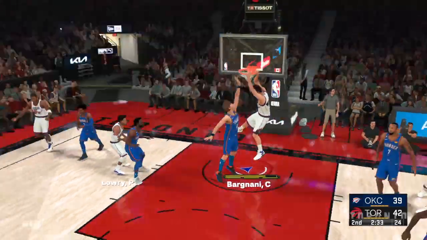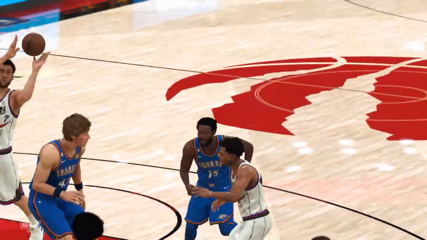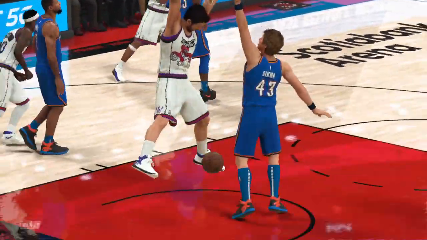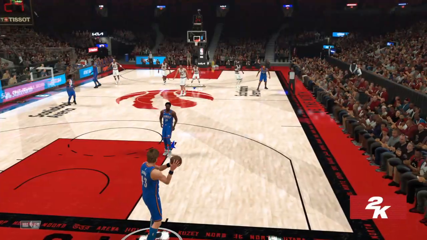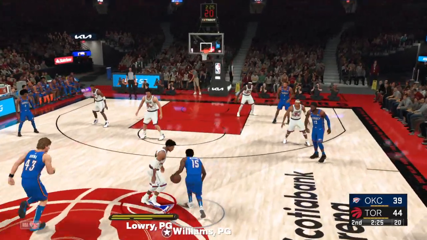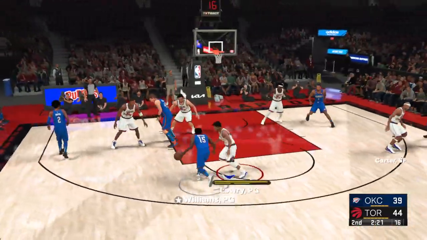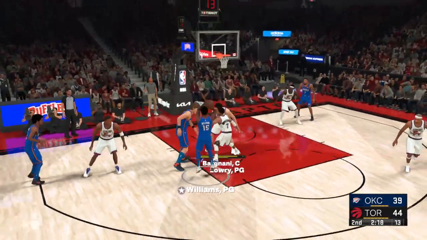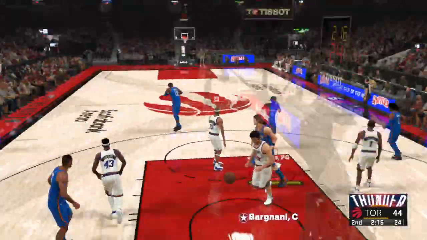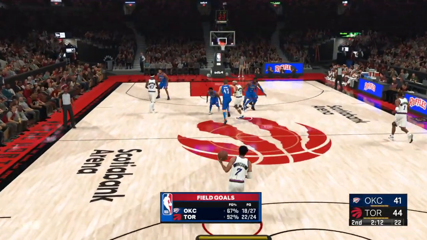Now here's Lowry, and Bargnani throws it down. Oh, great feed by Lowry. He'd rather pick up an assist than score a bucket. Kyle Lowry with the helper. Bargnani's gotten everything to drop so far, shooting 4 of 4. Williams finds George. Lowry against Williams. It's good. And he should thank the team for those 2 points. Nobody paid much attention to him on that play.